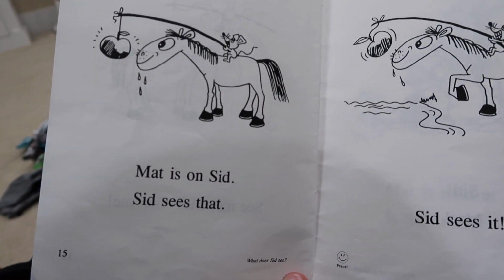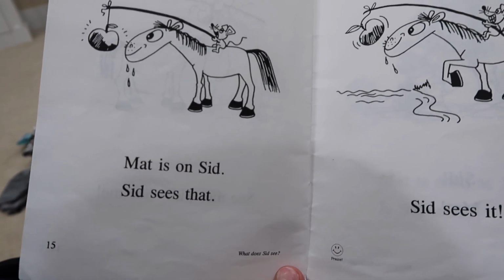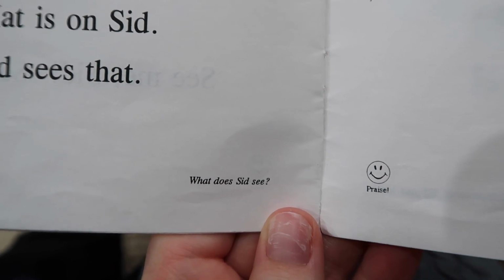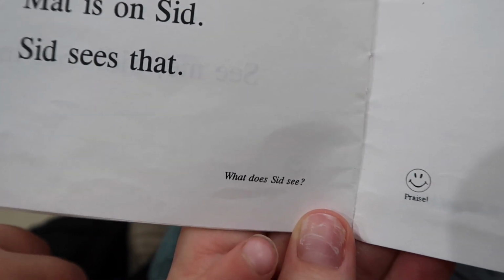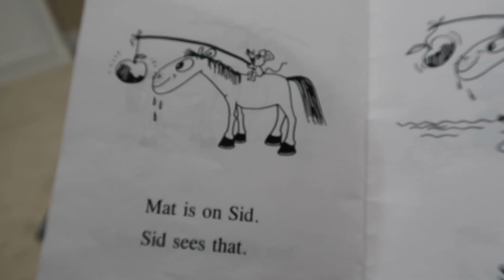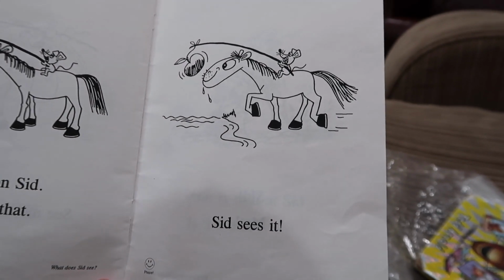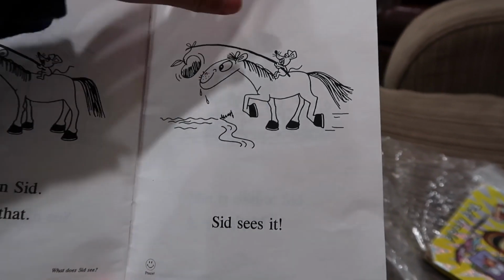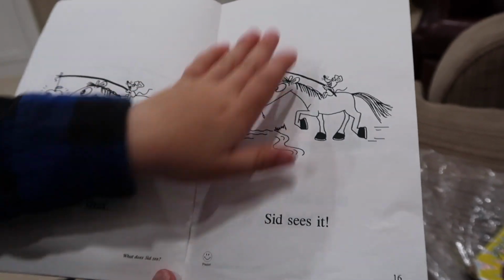Matt is on Sid. Sid sees that. Usually the mama reads this part, but you're so good. Let's hear it. What does Sid see? An apple. And Sid wants it. All right, go ahead. Sid sees it. Oh, he's happy that he's...